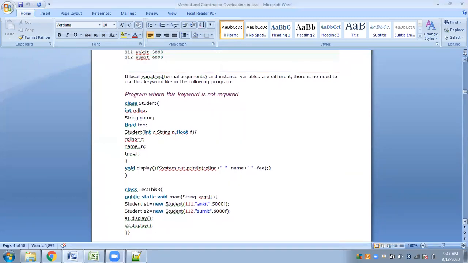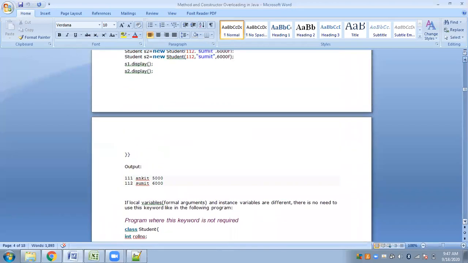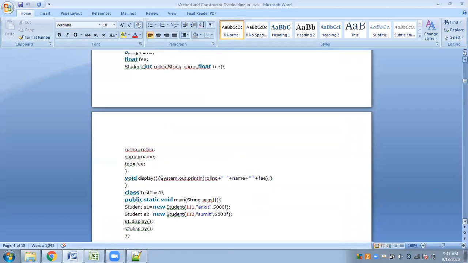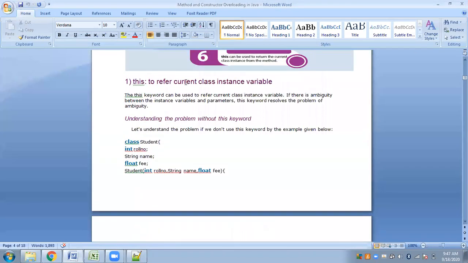So in the first usage, we will understand how this refers to the current class instance variable, and how it is used to differentiate between an object's variable and the variables passed as arguments via a constructor or any method.